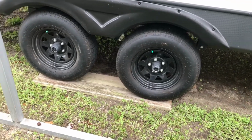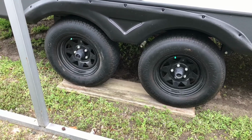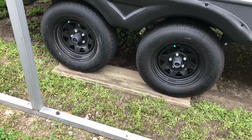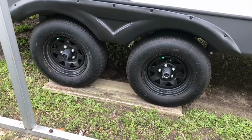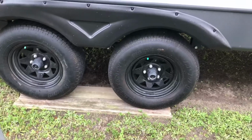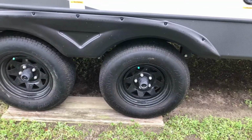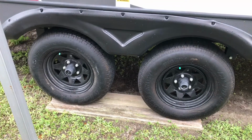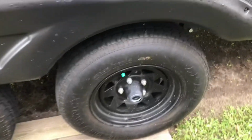When the tires are sold with these things, they don't put the best tires on them. The tires that were on this one have actually been pretty good. I'm really surprised at the life that I've gotten out of them. They still look real good. However, there is a particular spot on here I want you to pay attention to, and it is the manufacturer's date on